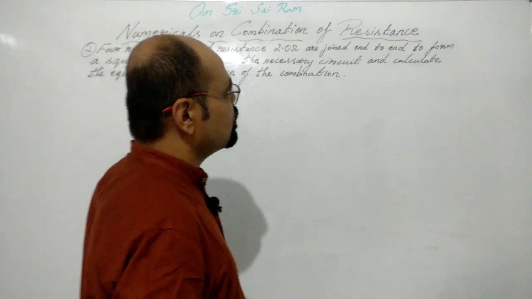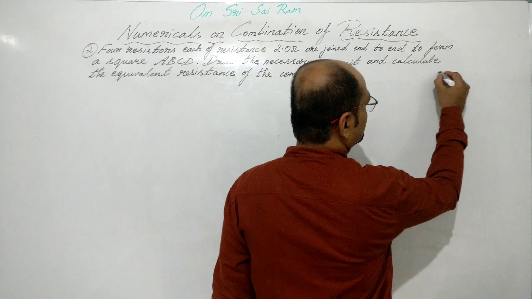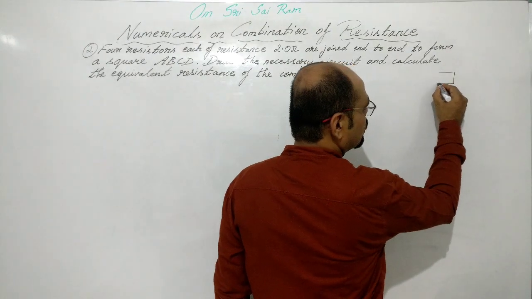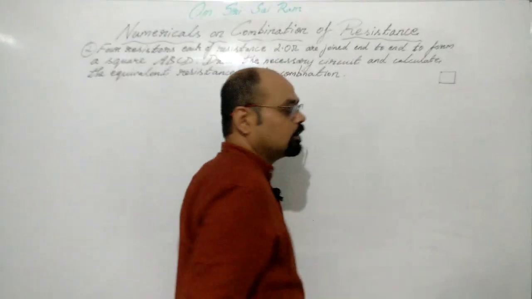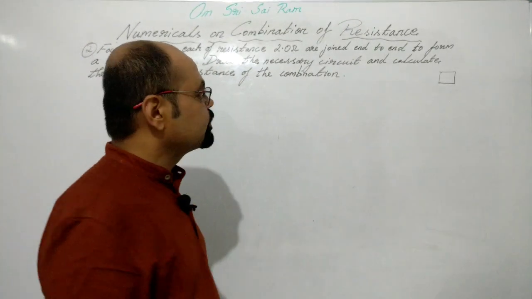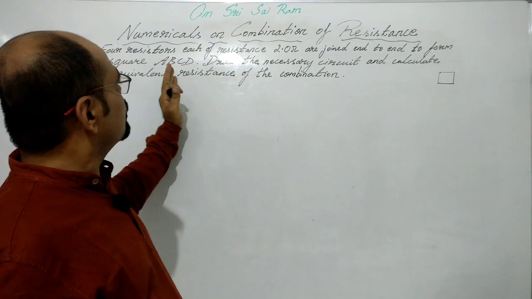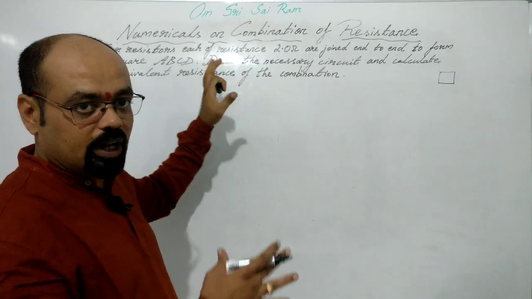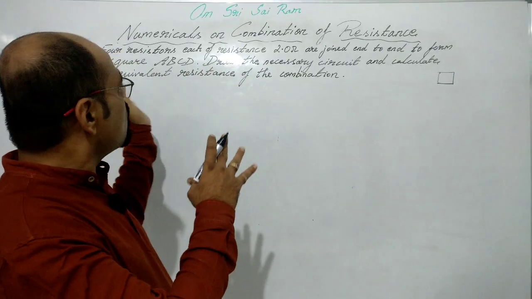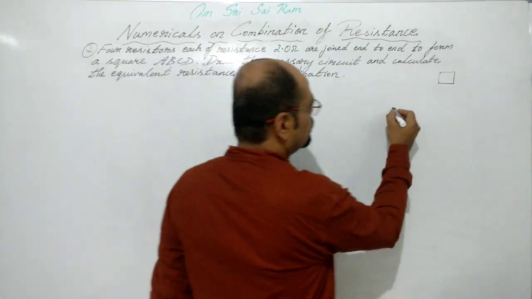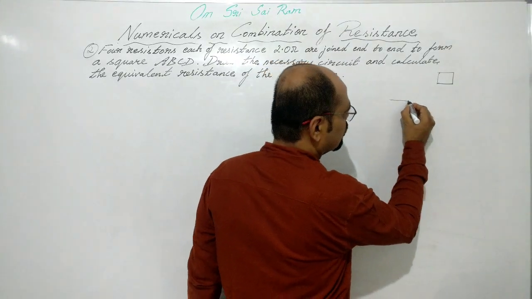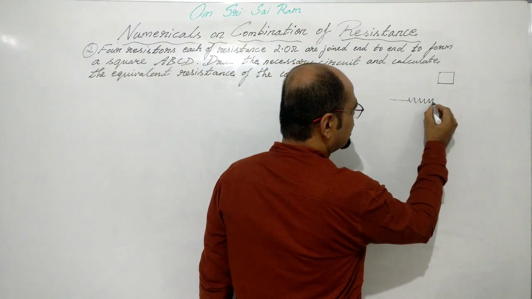Now, a square, we know this is generally the shape of a square. All the sides are equal. This is what we call a square. Okay, all the sides are equal. Now they are saying that we need to draw the necessary circuit diagram for 4 resistors, each of 2 ohms. So let's draw here. This is one resistor,